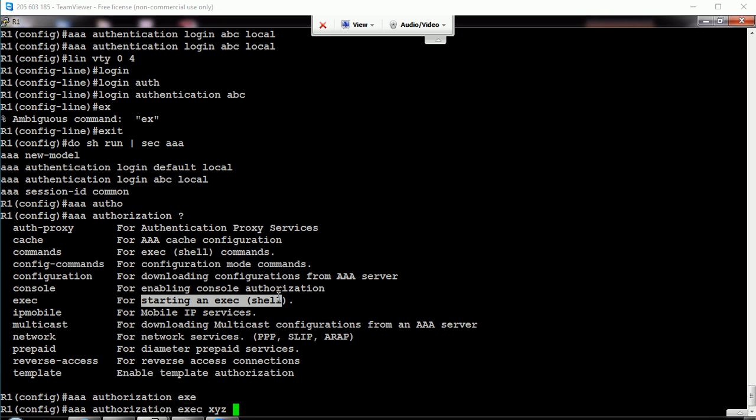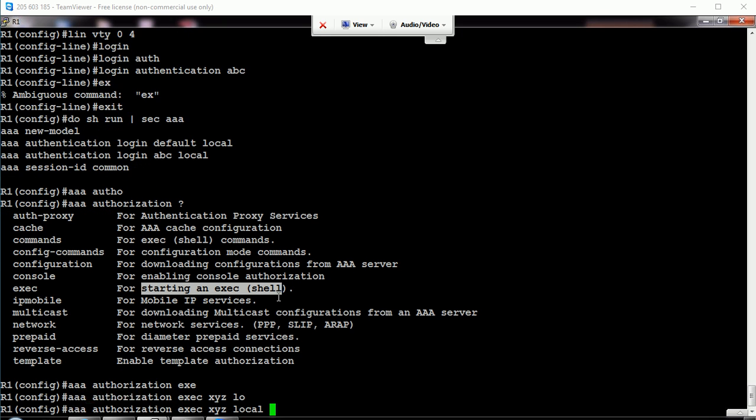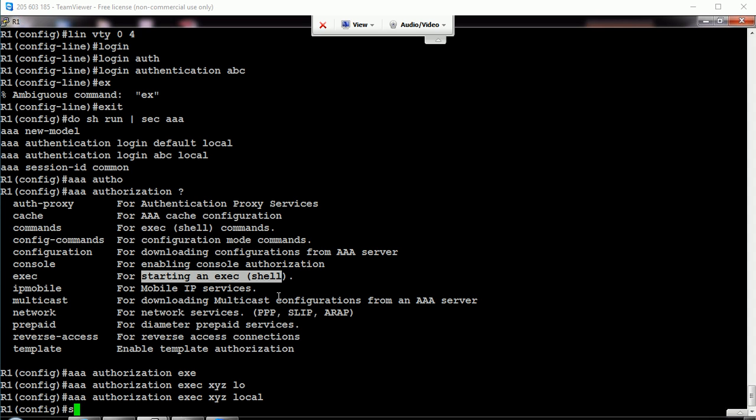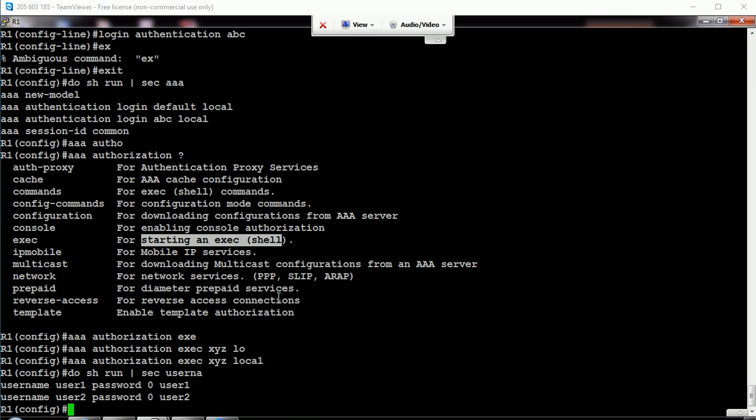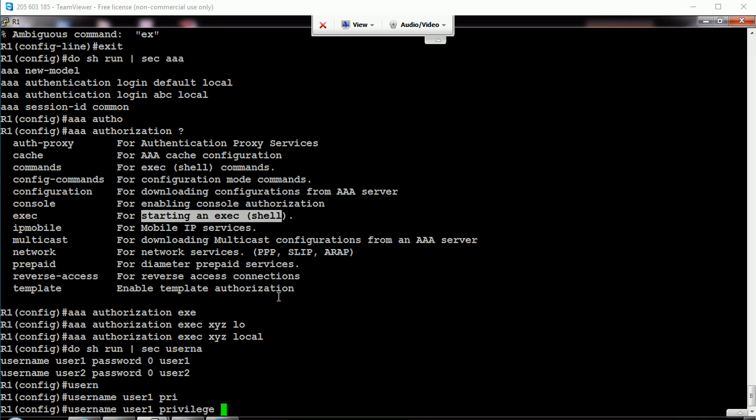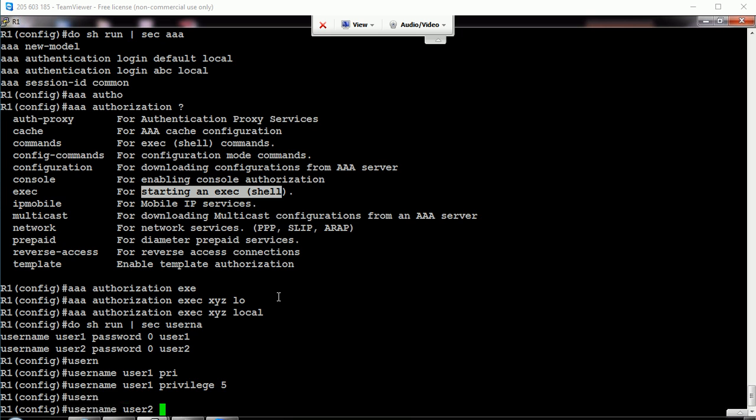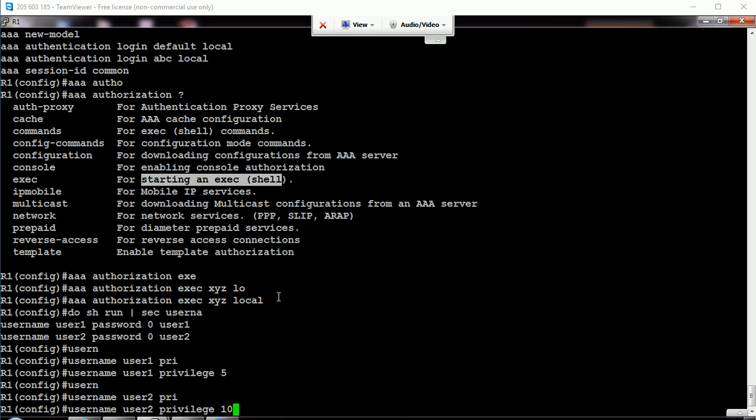I'm creating a rule XYZ that says use what database to find out? Local. Locally, for each username and password that I created, I need to assign a privilege level so that directly after typing that username and password, he will be placed in that privilege level. So I need to give privilege 5. User 2, I'm placing him in privilege 10.